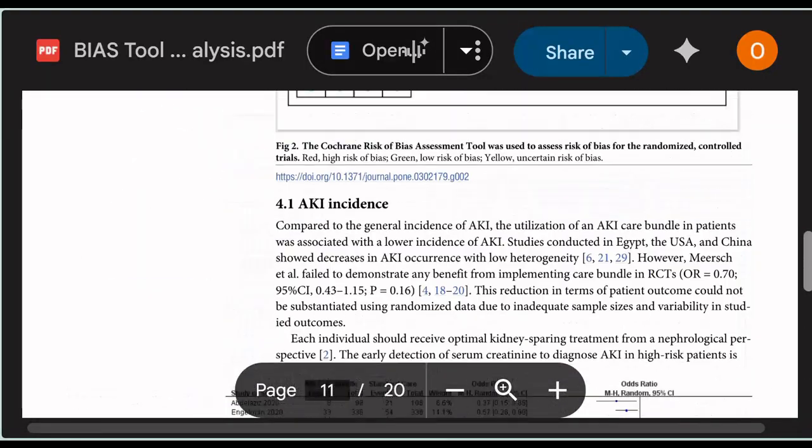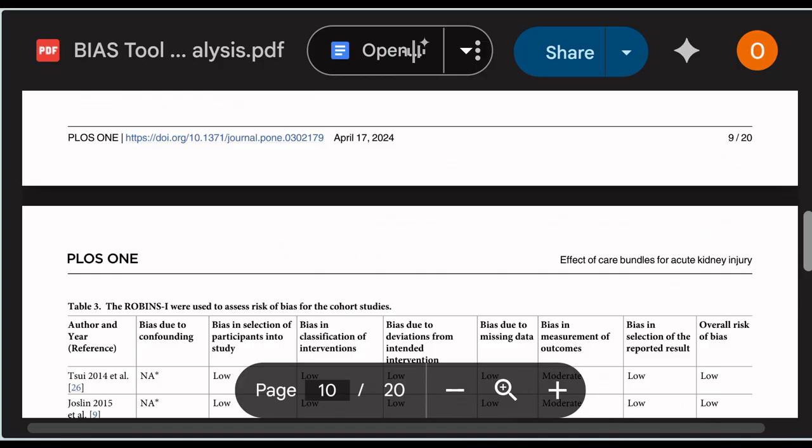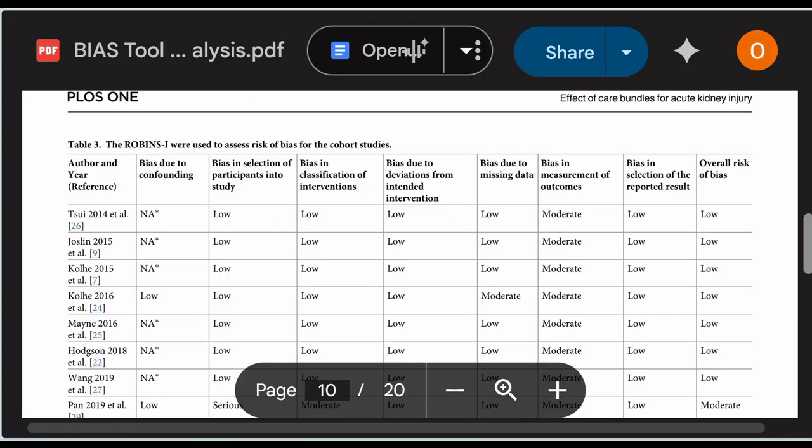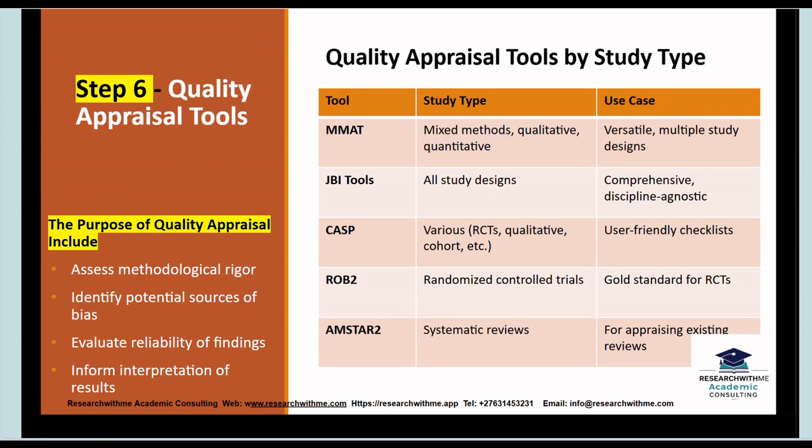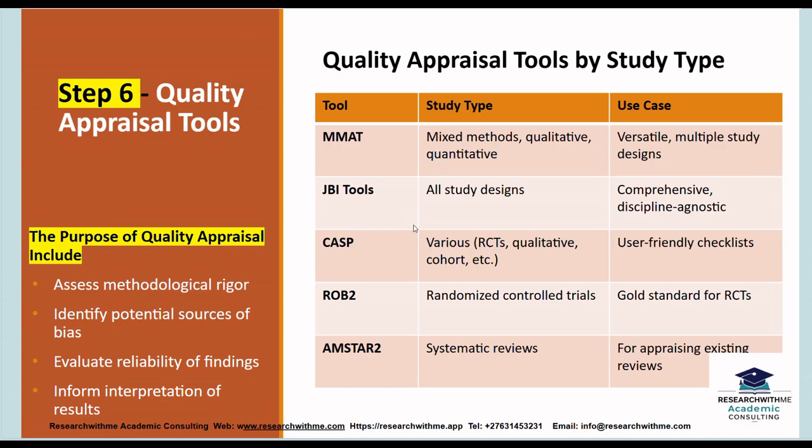Okay. So what I'm trying to explain in essence is that you can use two types of quality assurance tools to ascertain the quality of a study. Let's go back to this study. Now we have